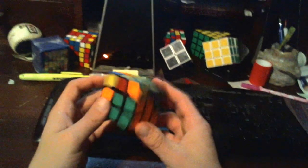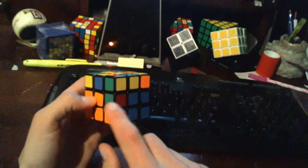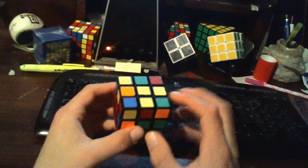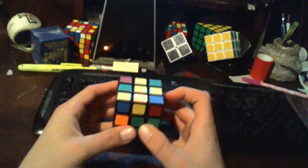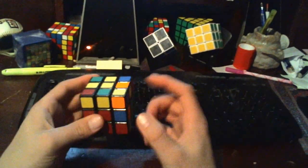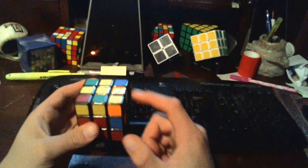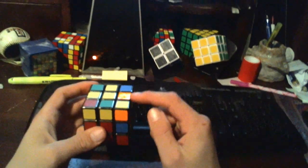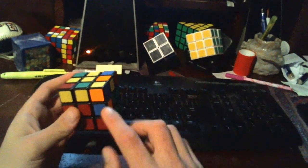And here's a situation I was hoping we would run into where we have our two other edge pieces. So this one is clearly in the wrong spot. So is this one, but we have no other non-yellow edge pieces on the top layer. So those are trash pieces. So just like in our other two steps so far, we use those trash pieces to our advantage. So to get this blue and orange piece out of this layer where it does not belong, we need it in the top layer. So we're going to insert an edge piece we don't care about into this position. So we're pretending this is red and green, and we're going to move it into the red and green slot